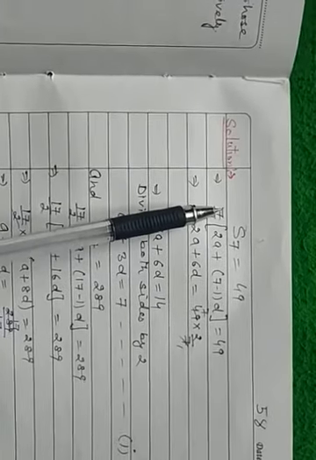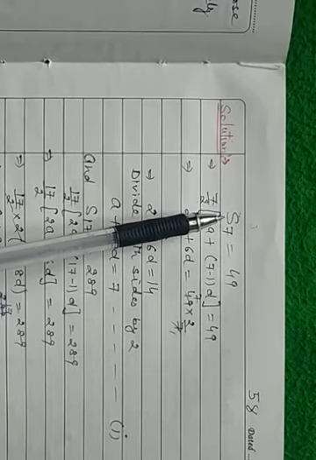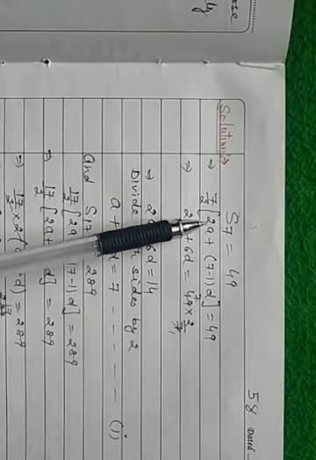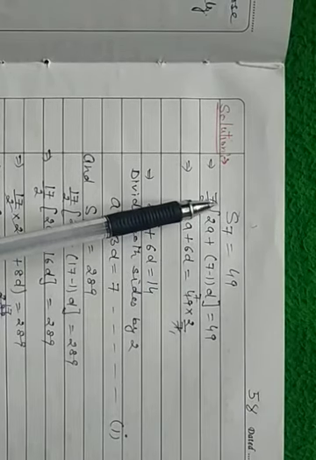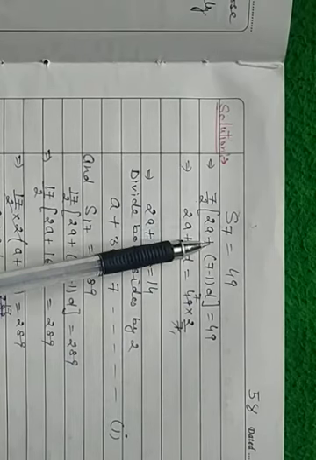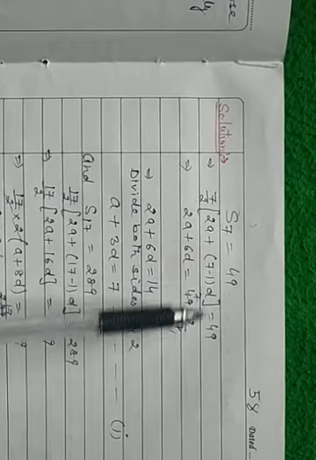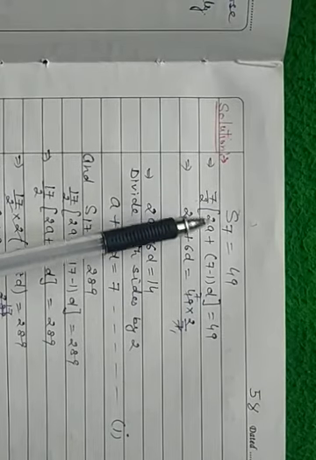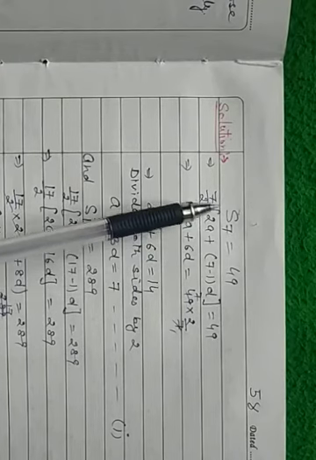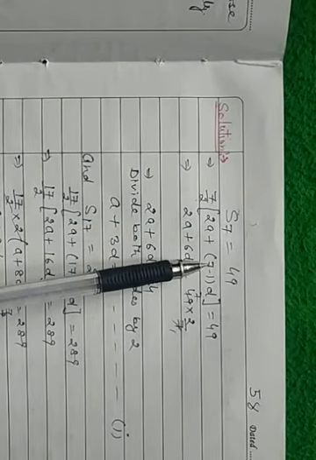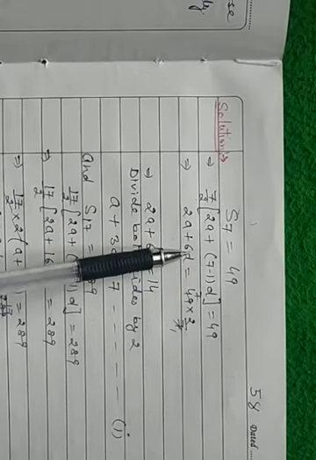Now, we have the formula for Sn, n by 2, 2a plus n minus 1 into d. Since n is 7, 7 by 2, 2a plus 7 minus 1, d is equal to 49. This 49. I am telling this formula again: n by 2, 2a plus n minus 1 into d, we used that one. Wherever n was, we have written 7. Now 2a plus 7 minus 1, 6d.